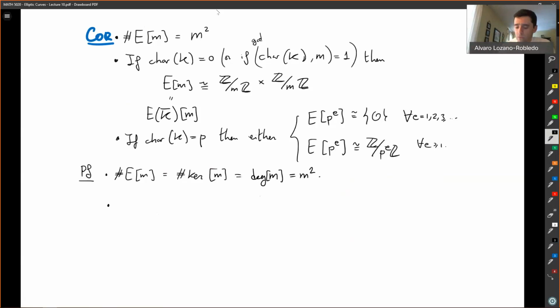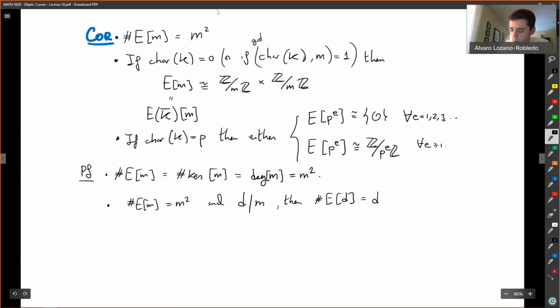So we have that the size of the m torsion is m squared, and we also have that if d divides m, then the size of E[d] is d squared, and the d torsion, the points that vanish when you multiply by d, also vanish when you multiply by m, so you have that E[d] is contained in E[m]. And in addition, E[m] is a finite abelian group